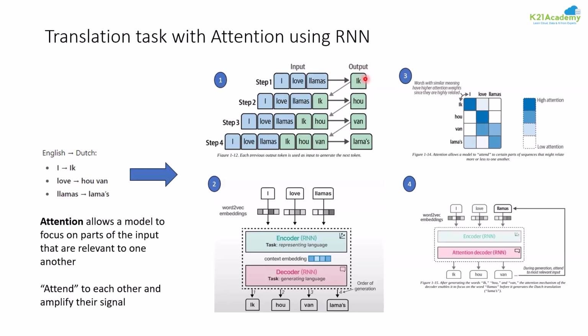After outputting that one word, in step 2, the RNN takes the input and what has been outputted to output another word. Then the RNN takes the input and those two output tokens to output another token, or you can say word. I would represent it as a token to make it simpler. And that's how it is going to come to a logical conclusion. Now, what it uses at the back end is, I love llamas. This was the sentence, right? So at the back end for I, love, and llama, the RNN uses something called word-to-vec embedding.